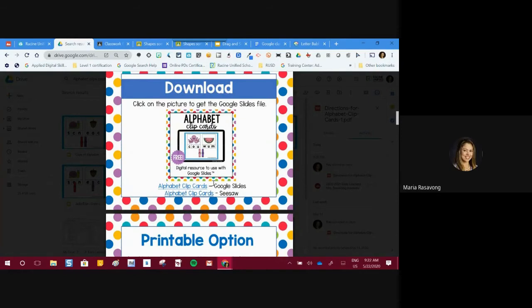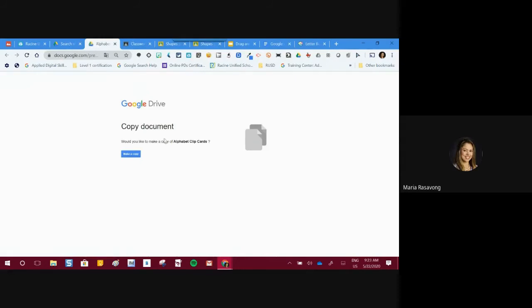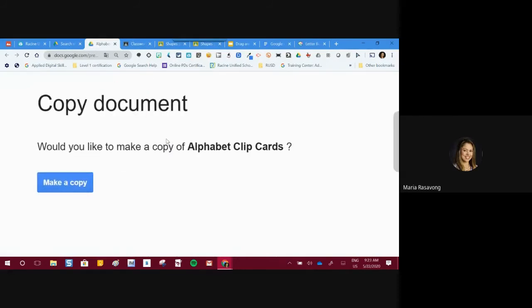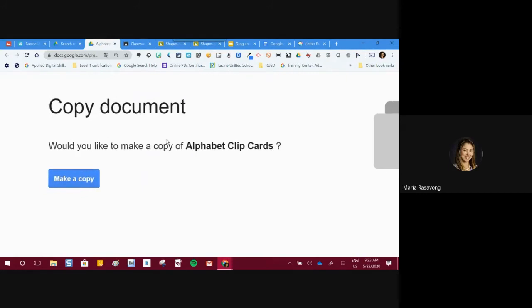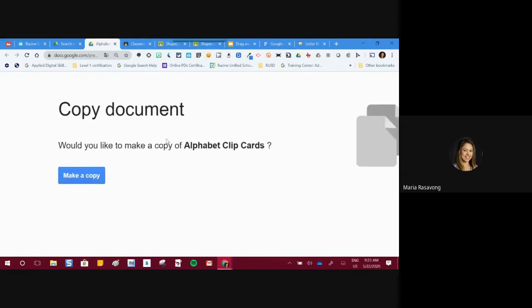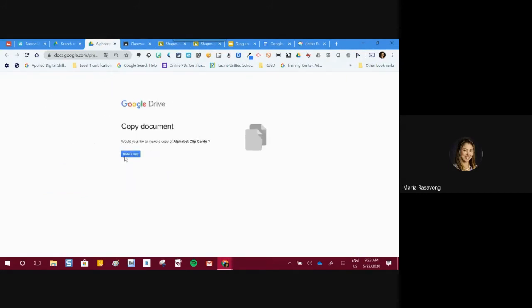So when something is able to be downloaded in Google Slides, that means that you will be able to interact with this activity. So when I click there, it's prompting me to make a copy. And that copy is going to be automatically saved into your Google Drive. So when I click right there,